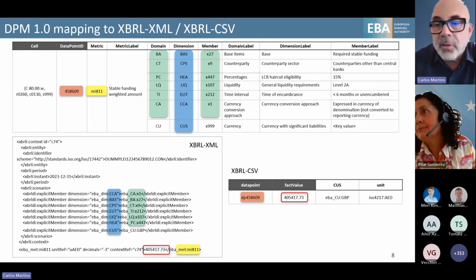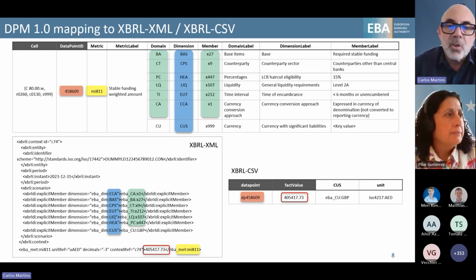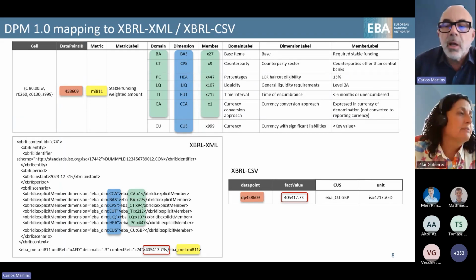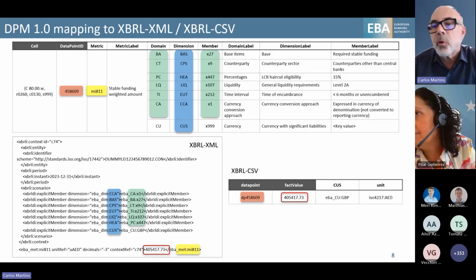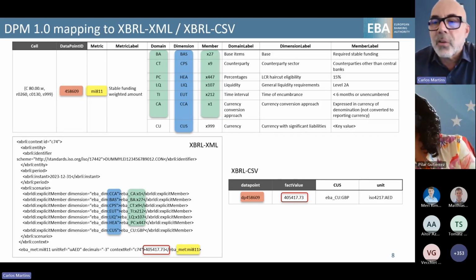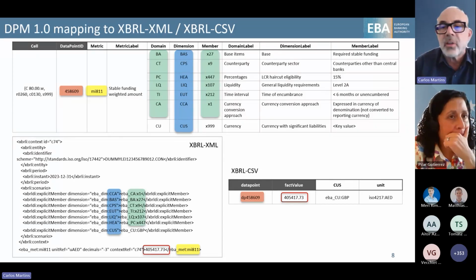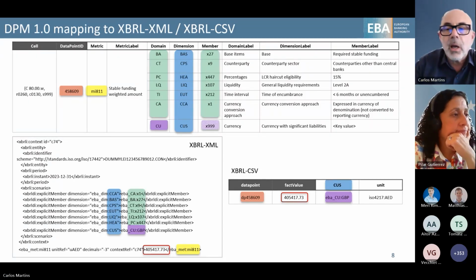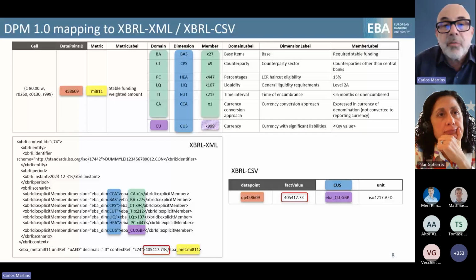In this case, because of course we are talking about an open table with sheets that repeat, we see here that the dimension is currency with significant liabilities, for which we expect a key value to be reported in the instances. So in this case, the value of the specific instance is not defined in the DPM.